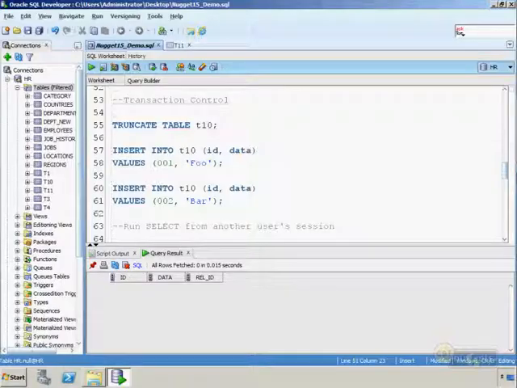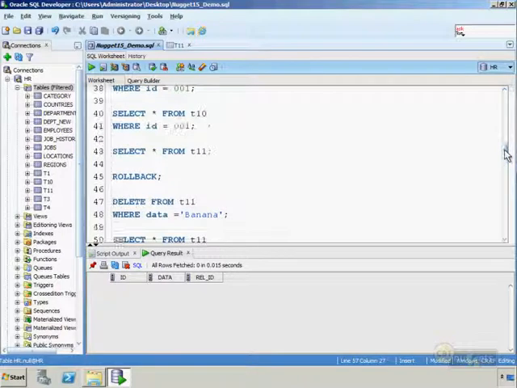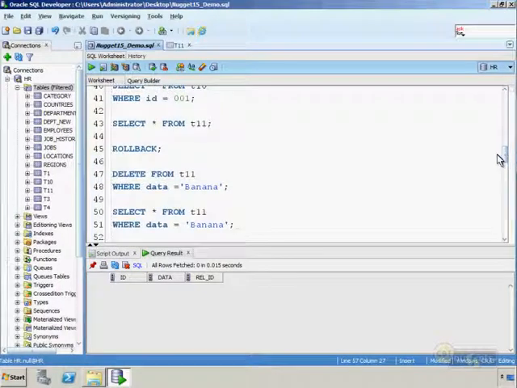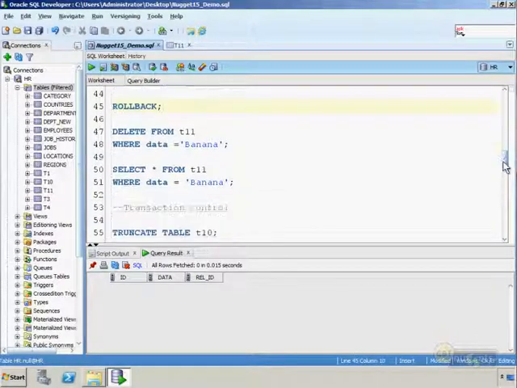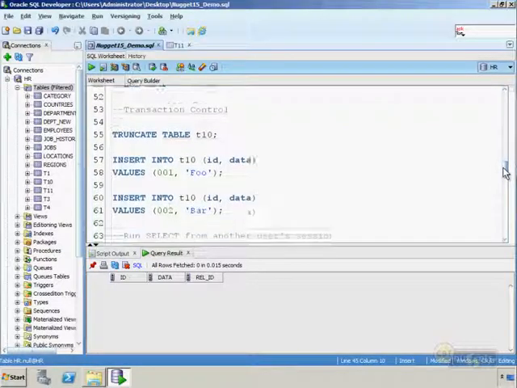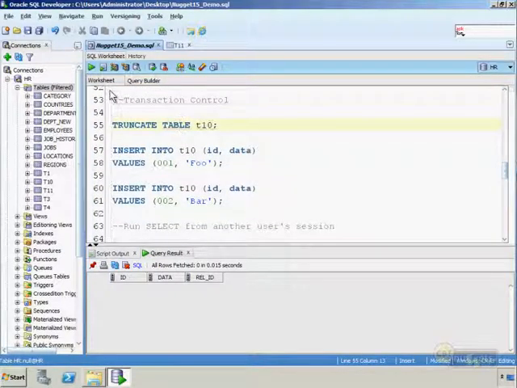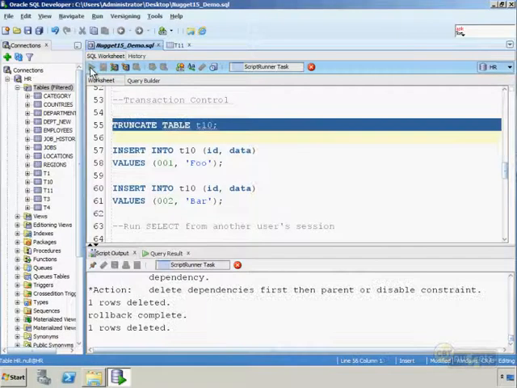In this second demonstration, we'll work with transaction control in Oracle Database 11g. We left off in the previous nugget by working with the delete statement and looking at the implications of the foreign key constraint cascade options, and we also touched a little bit on the use of rollback to preserve the previous state of data. I'm going to start by running truncate table against T10 just to clear everything out,